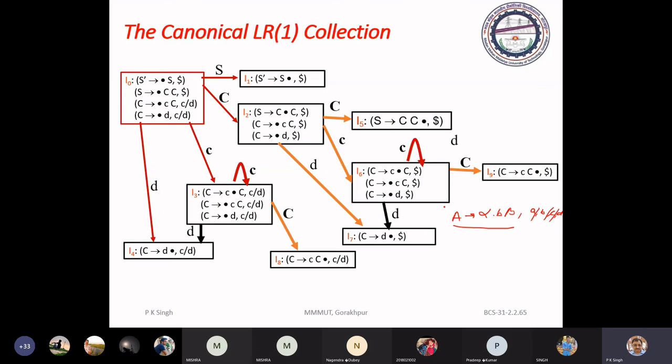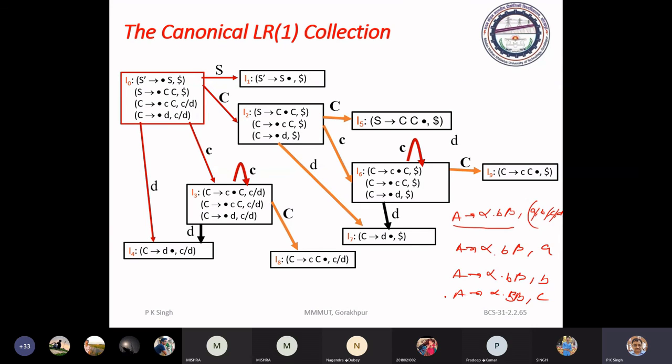But in LR1, it is possible that you have one item set A2 alpha dot B beta, a, another item set A2 alpha dot B beta, b, another item set, and so on.